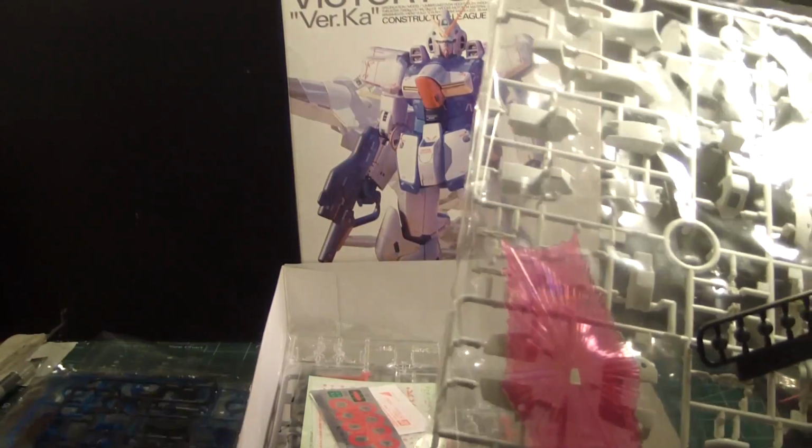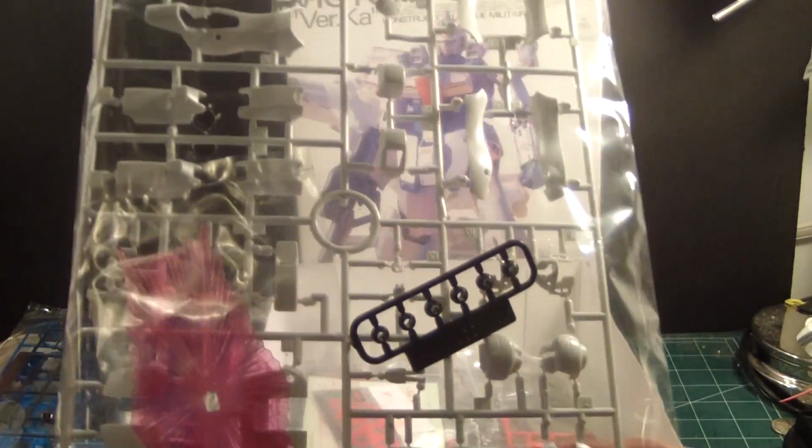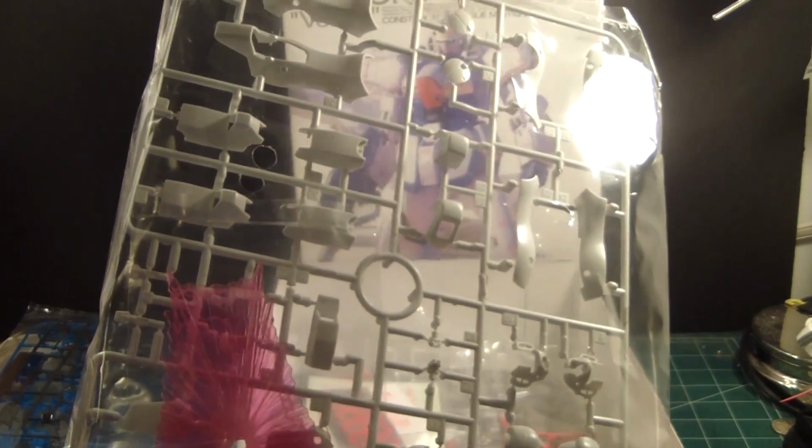You know what? Didn't notice the polycaps. There's no polycaps on this tray. I see these ball caps, kind of like what I remember from the SD kits. Beam shield. All the white parts. I see parts of the legs, the head,